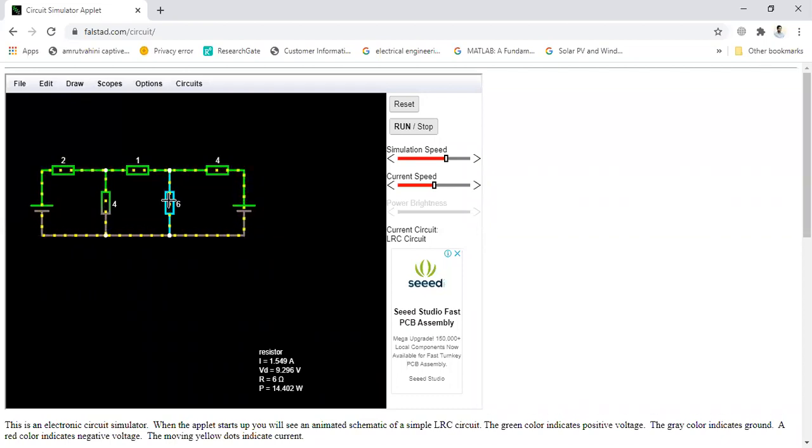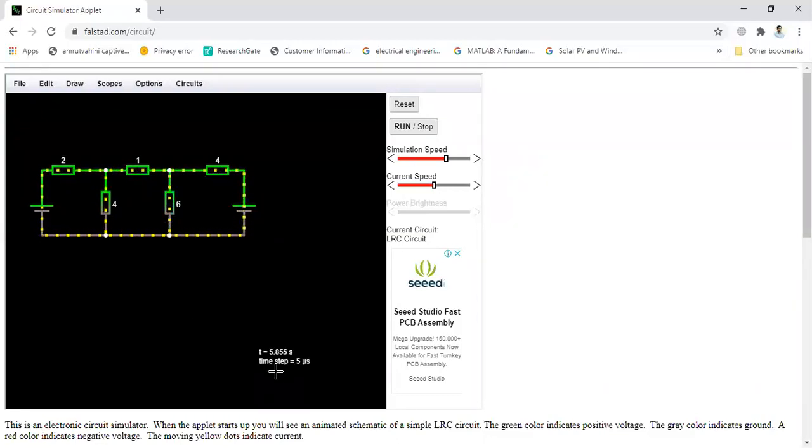In the right hand corner I have clicked on the 6 ohm resistor, so I can identify it is 6 ohm. The voltage across the 6 ohm is 9.296 volts, and the current is 1.549 ampere. The current flowing through the 6 ohm resistor is 1.549 ampere.